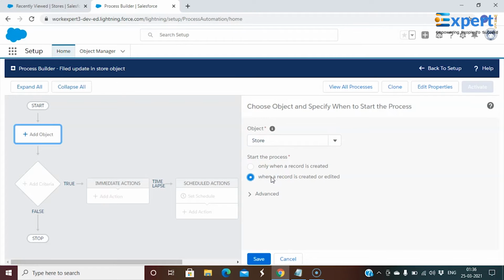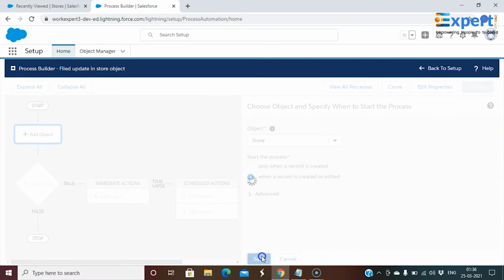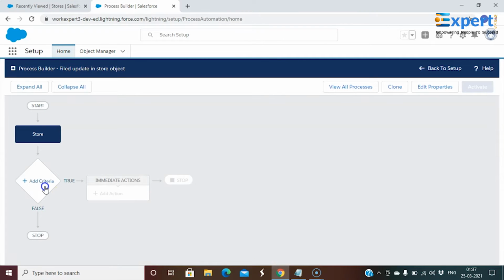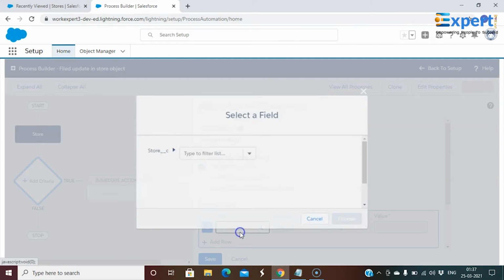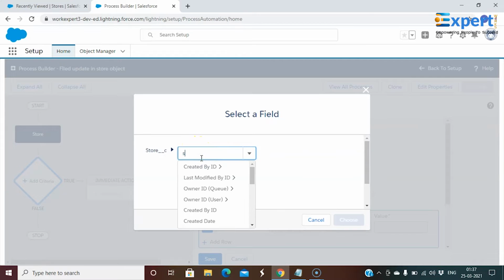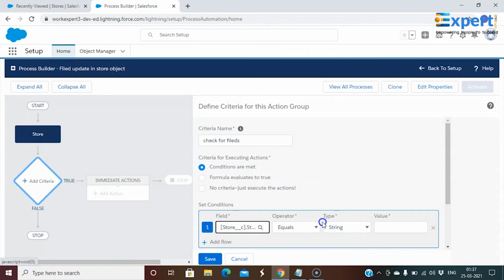We want to go with only when a record is created or edited. Then what is the criteria? To do the field update, the criteria should be that the field should have data, right? So check for fields. The field called store address is null, boolean false.